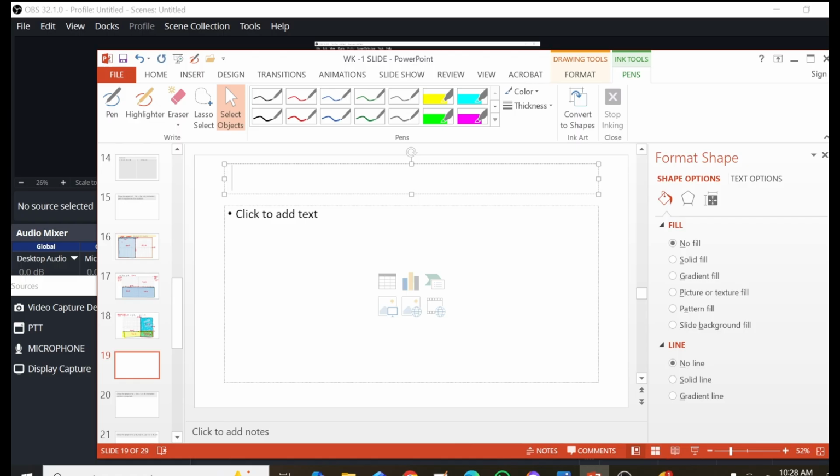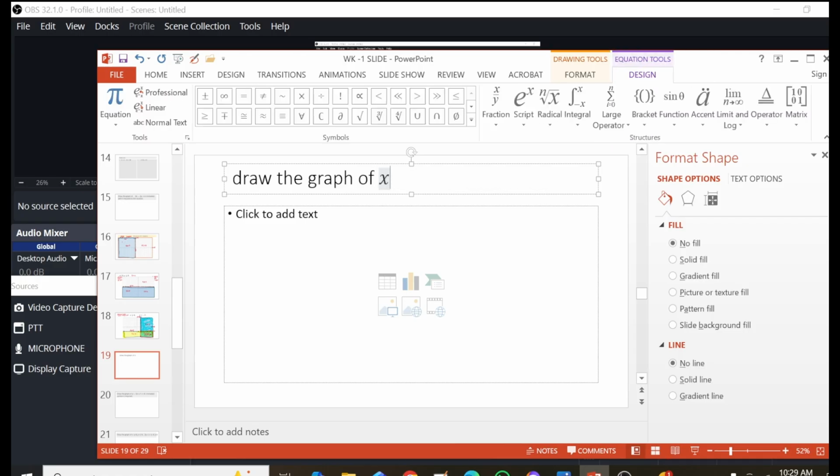Let's, for example, draw the graph of x is less than 2, and y is less than or equal to 4, because I want it to fall within the region. All right, and okay,